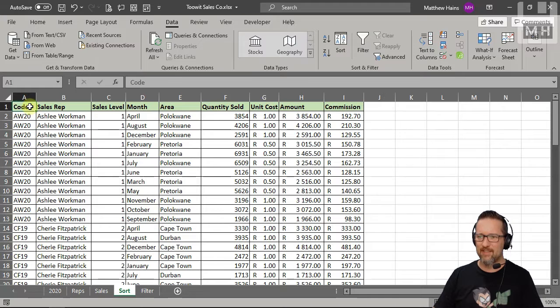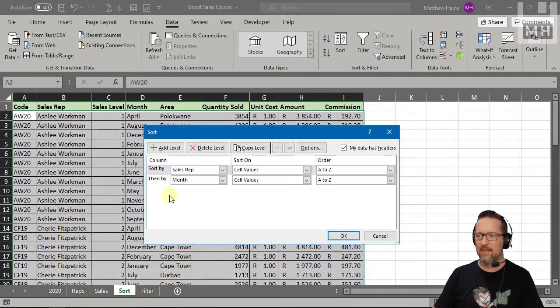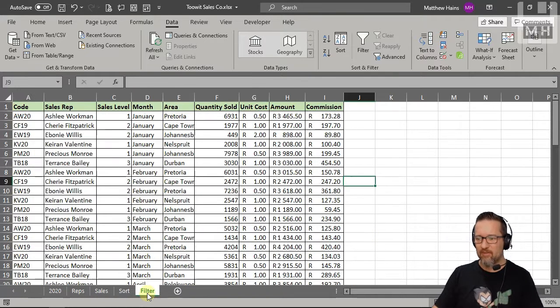Just select your data or click on the first cell of your data, click on sort, and select what you want to sort by. I think that was pretty straightforward. Now, filtering